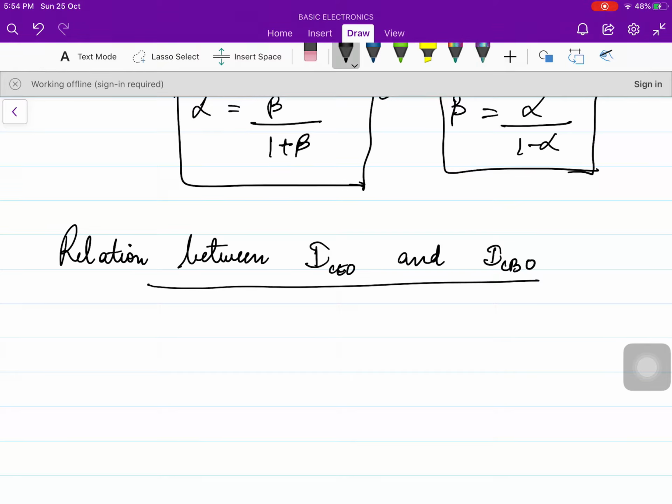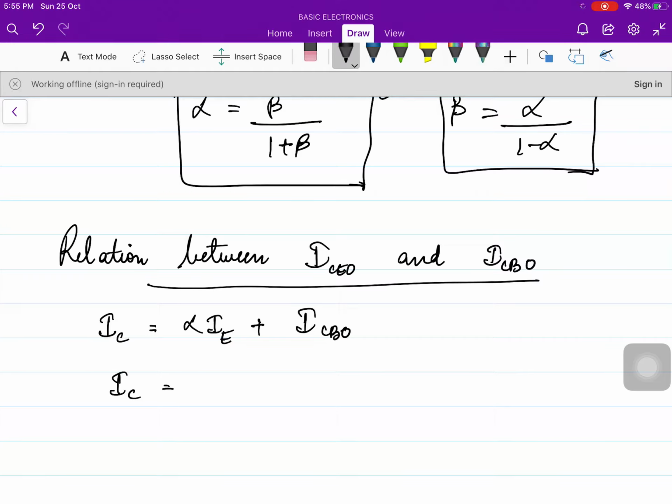So how to start? You just start with the common base leakage current equation. That was the collector current equation for common base, and it was like this. Now remember, you have to convert it into the equation of common emitter. And for common emitter, alpha would have been replaced by beta. IE will not appear in the formula, it will be replaced by IB. So remember this and just follow.